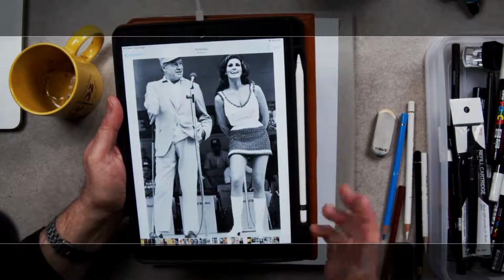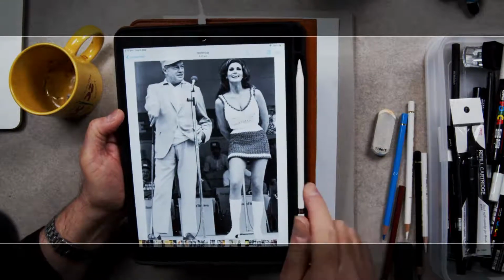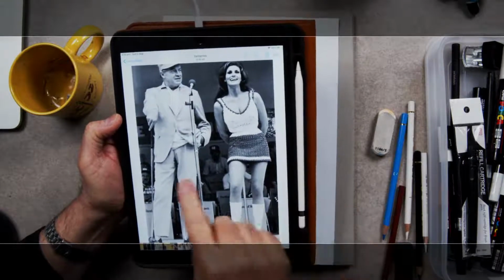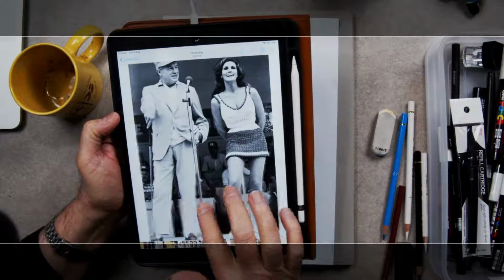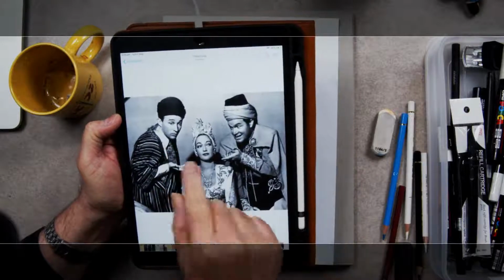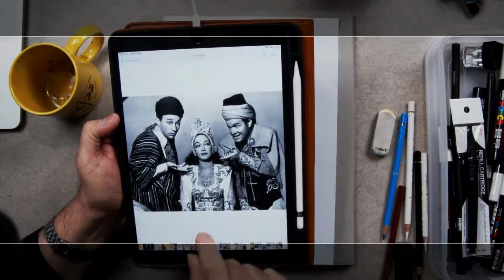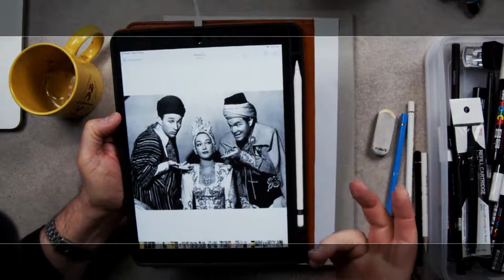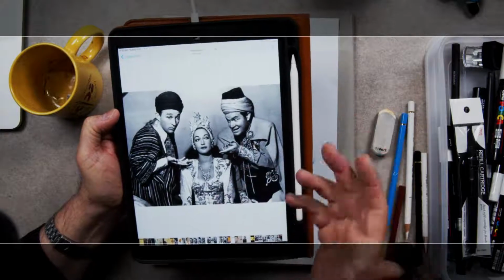He did a lot of USO shows and TV specials and things. This is with Raquel Welch. This is with his signature prop, his golf club. This is with Bing Crosby. This is, I think, the Road to... I was thinking it was the Road to Bali, but I'm not sure. It could be, but this is sort of a fez moment.